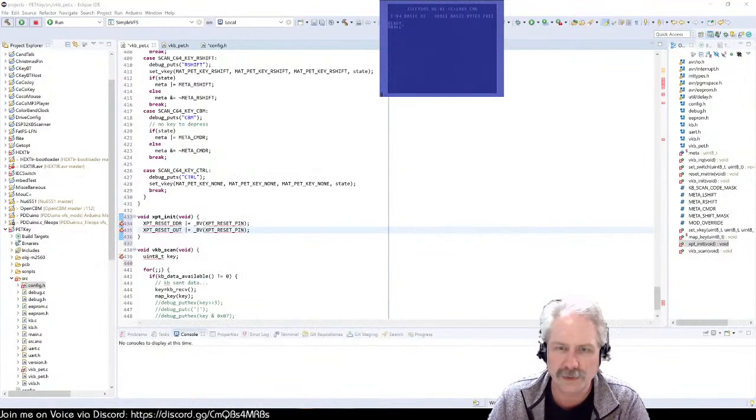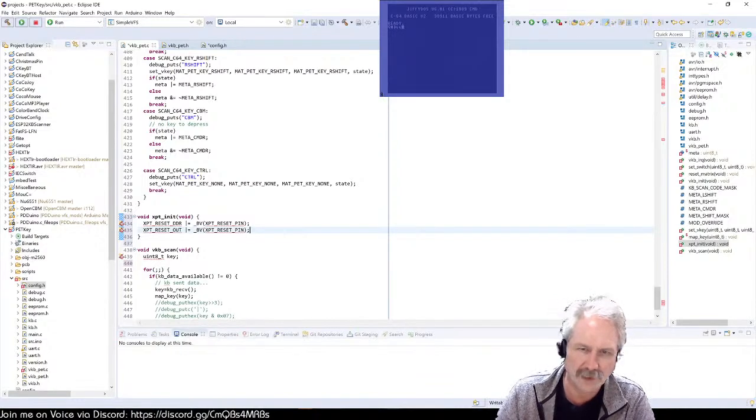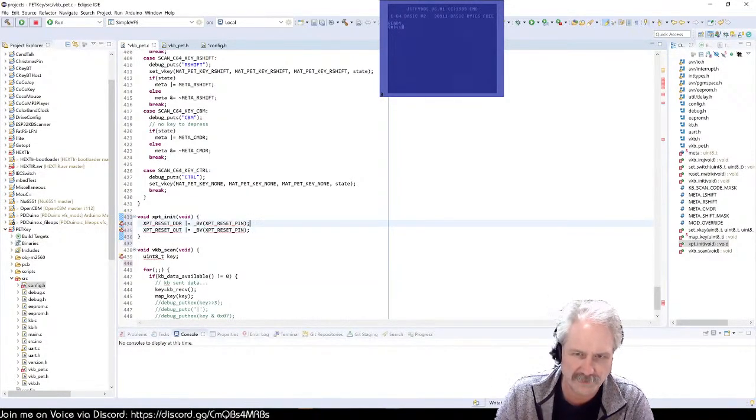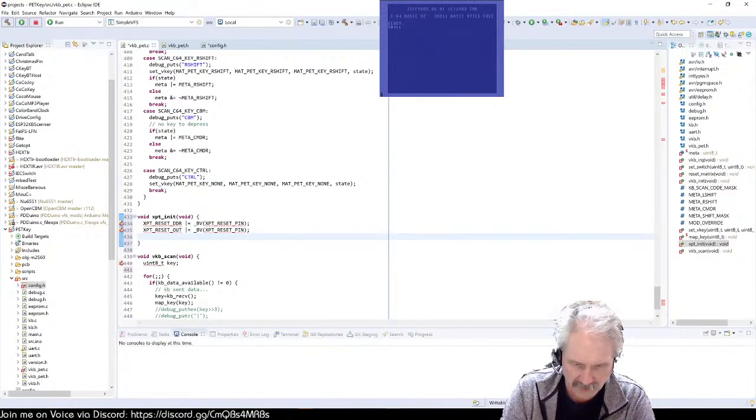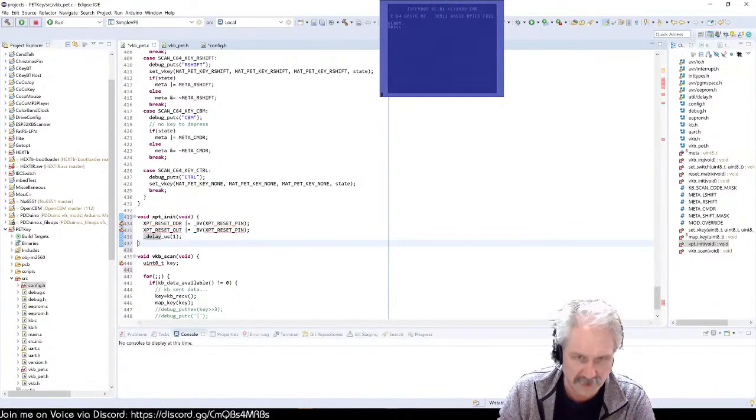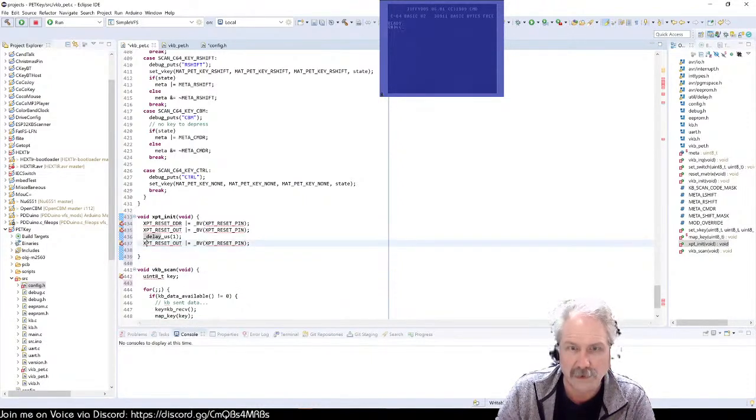So what we'll do is we bring the port to be an output. We'll set it high, and then we'll do a delay. I think it's underscore delay underscore microseconds 1, and then we'll set the reset to be 0 again. Now that delay function, just curiosity here, it doesn't pause the whole